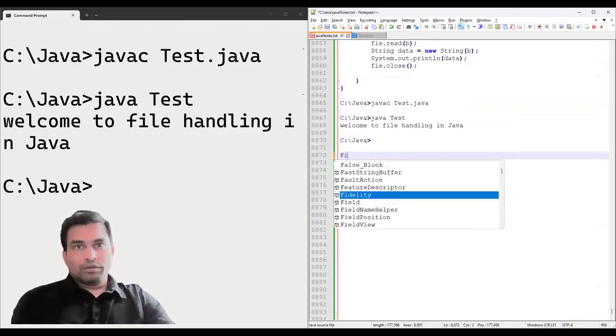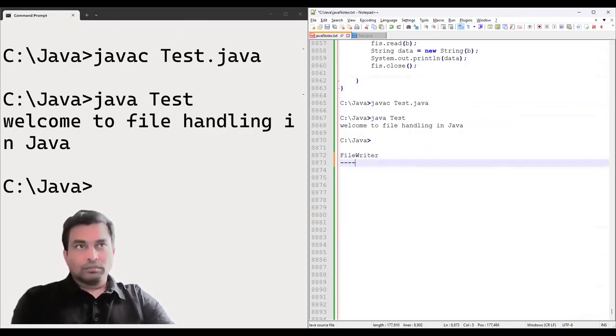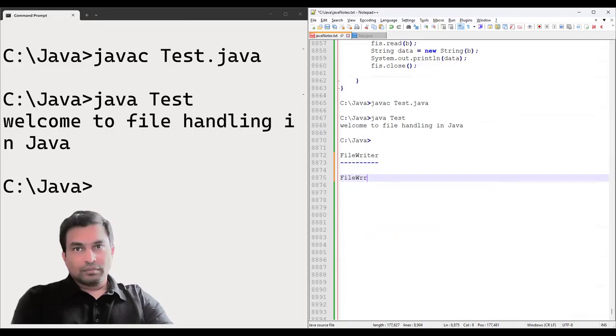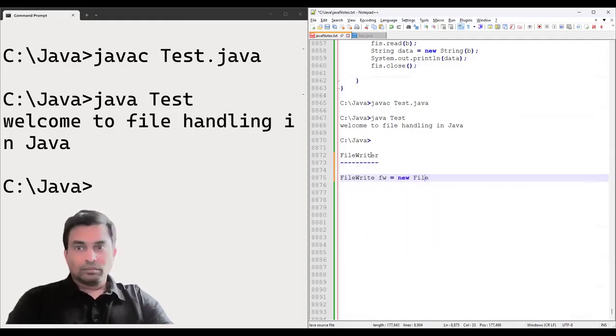Now let's move on to FileWriter. So we have FileWriter fw is equal to new FileWriter, file name, and